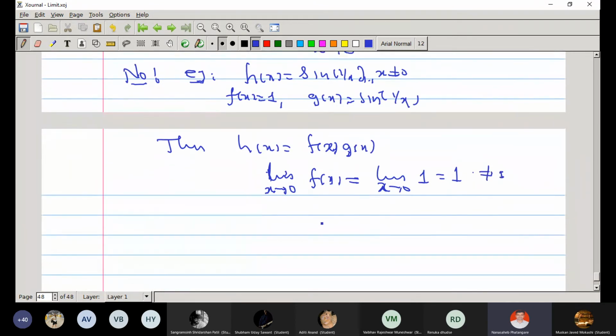The limit exists but is non-zero, and g is bounded, right? But the limit of f(x) into g(x) does not exist,